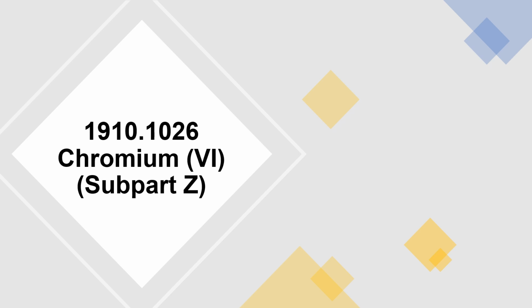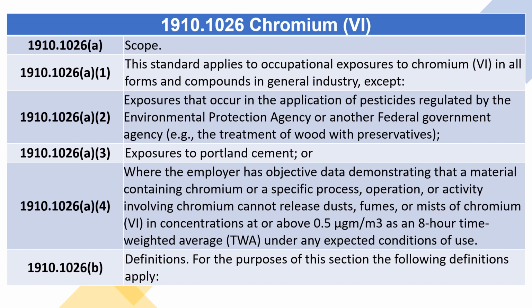1910.1026, Chromium (VI). 1910.1026(a), Scope. (a)(1) This standard applies to occupational exposures to chromium (VI) in all forms and compounds in general industry, except: